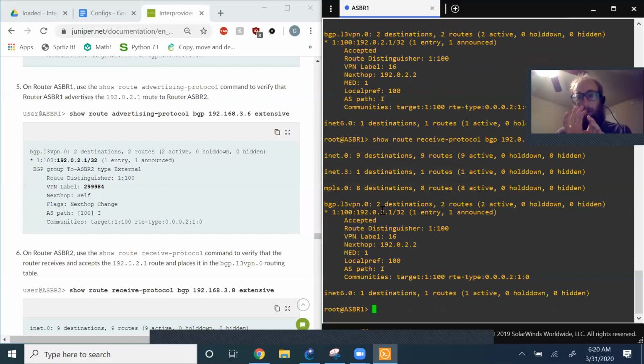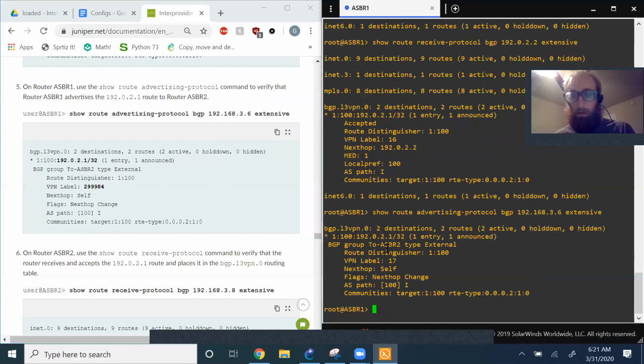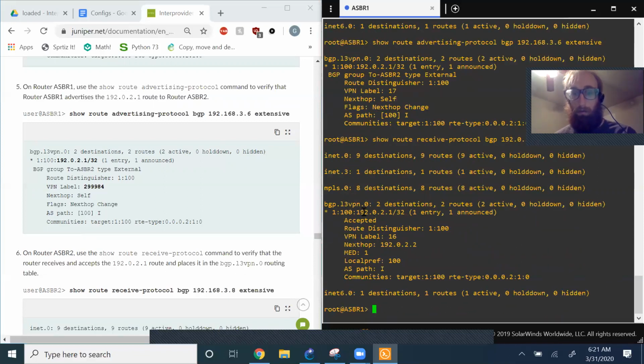So what does the baseball look like if it's being thrown to us by somebody else? Well, it looks like that. But what does the baseball look like as we throw it? It's going to look like this. So it is going to look quite a bit different, because when it's being thrown to us, we get the name of the person who threw it, which is the BGP L3 VPN. So router PE1 threw it, and the way they threw it is by sending it through the L3 VPN. But when we go ahead and throw it to the next person,